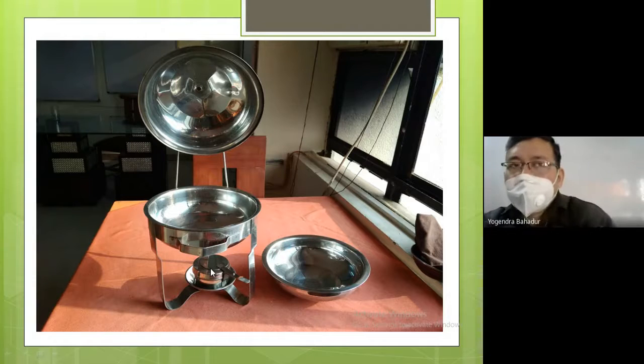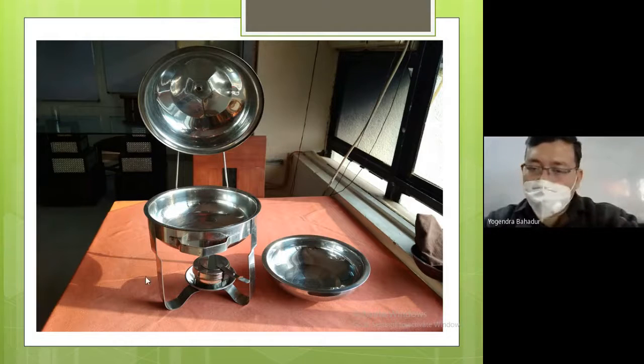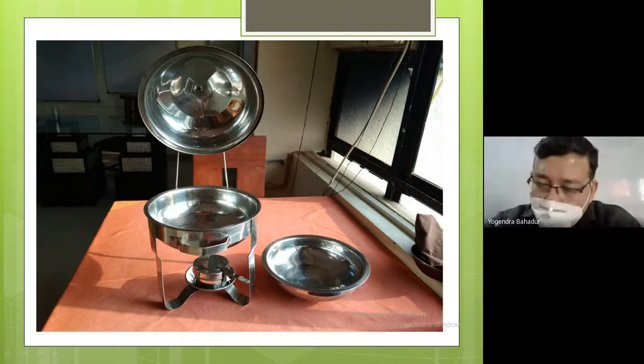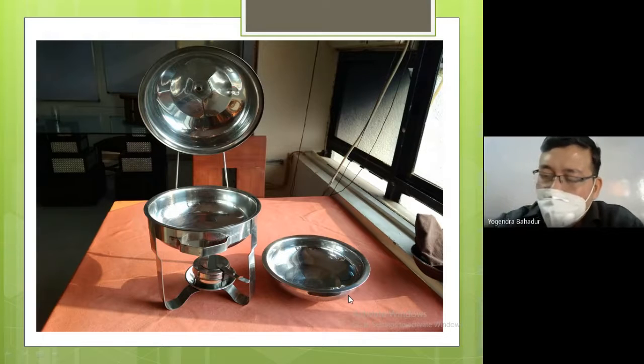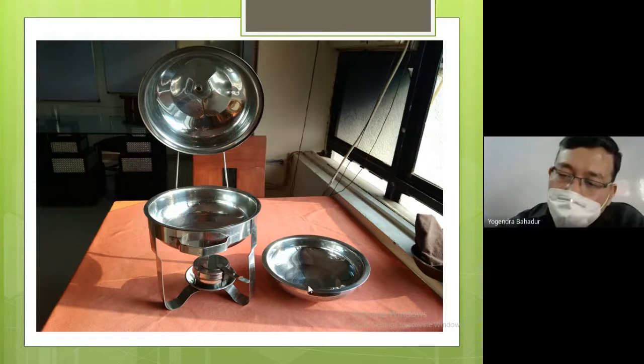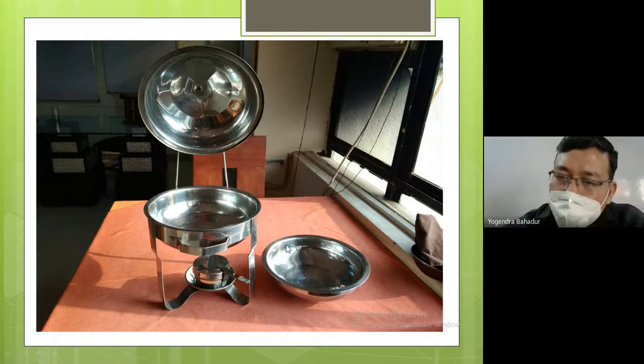In the market, in the hotel industry, you are going to find two different varieties of fuel that can be used. You can have the wax fuel, and you can have the gel fuel also. So in this fuel container, we are going to burn the gel fuel. That fuel is going to heat the water. The water is going to get converted into steam, and on top of it, we are going to keep this food pan. This food pan is also known as the gastronome pan. In this food pan, we are going to keep the food, and after keeping the food, we are going to cover it with this lid. And this whole structure is known as the chef and dish.